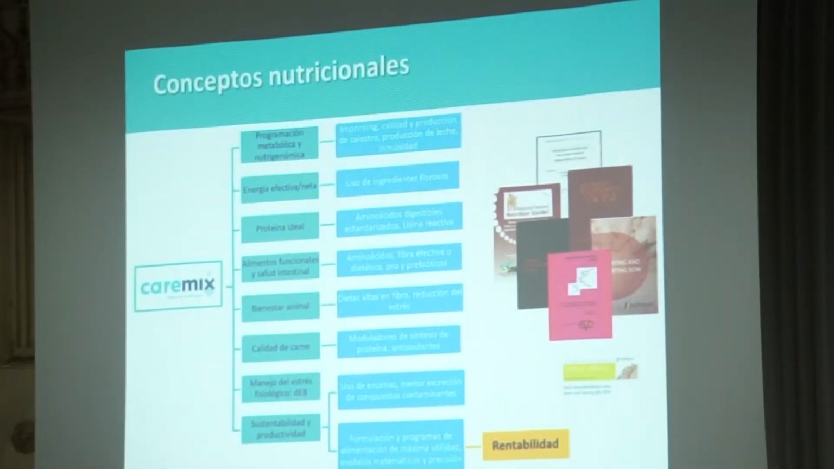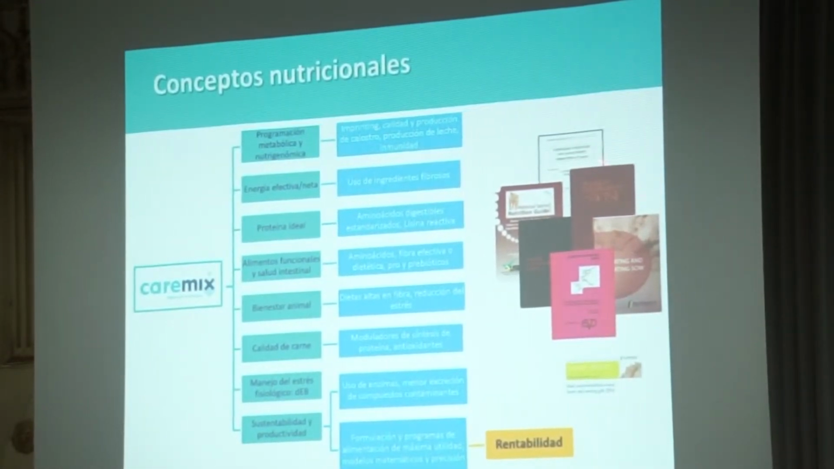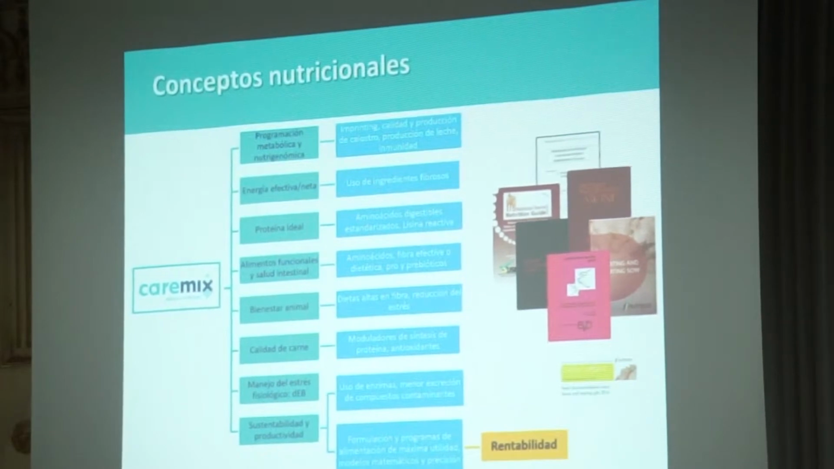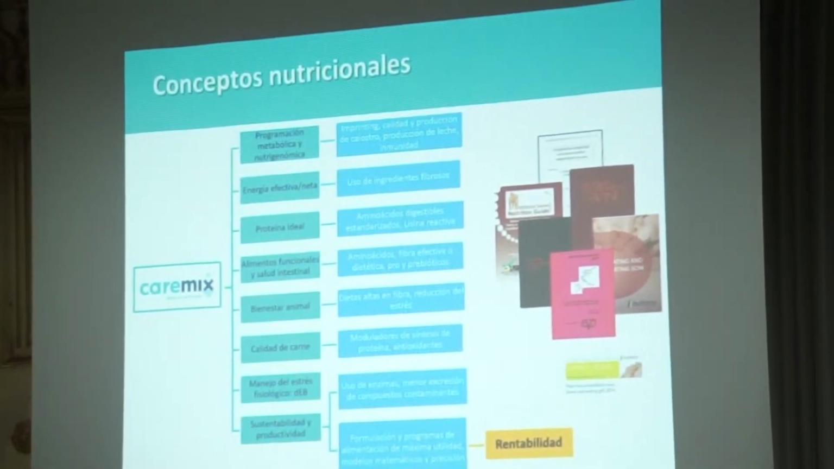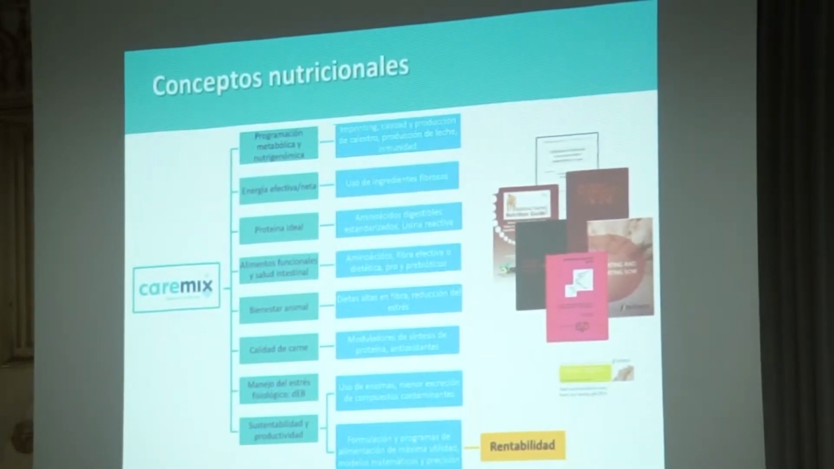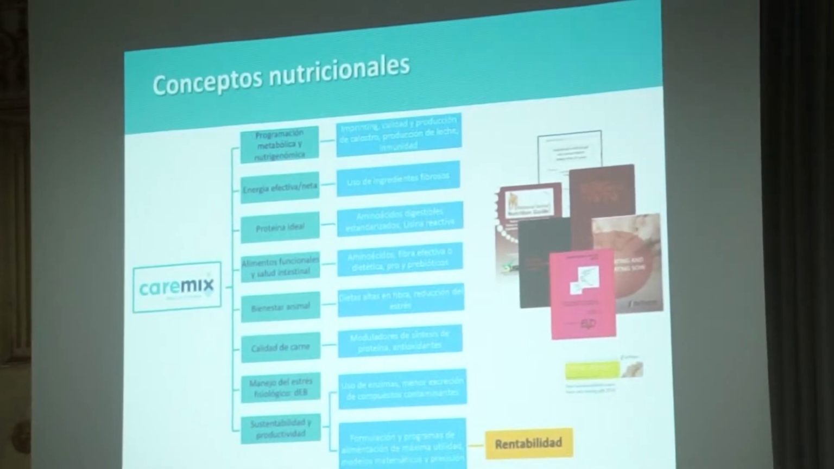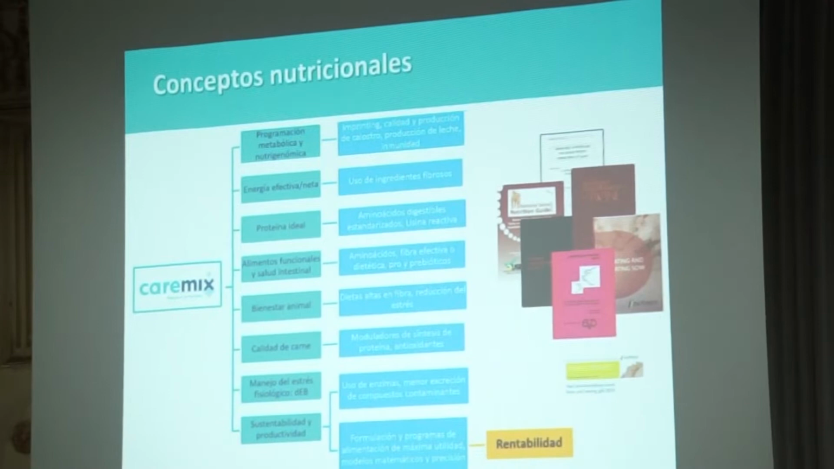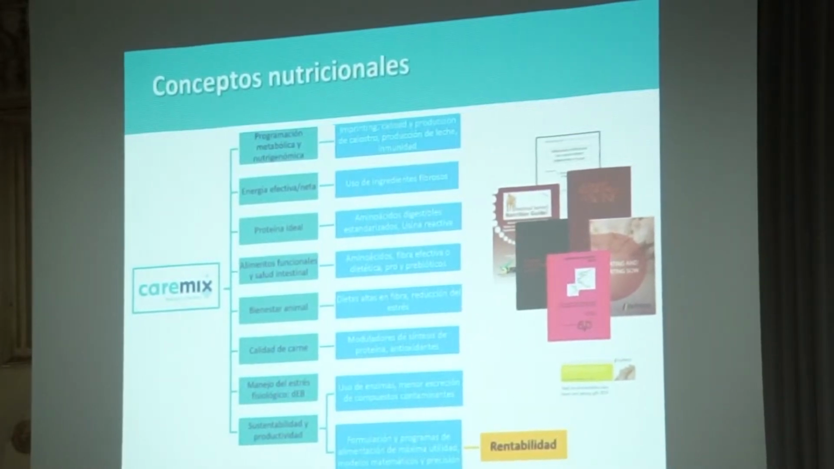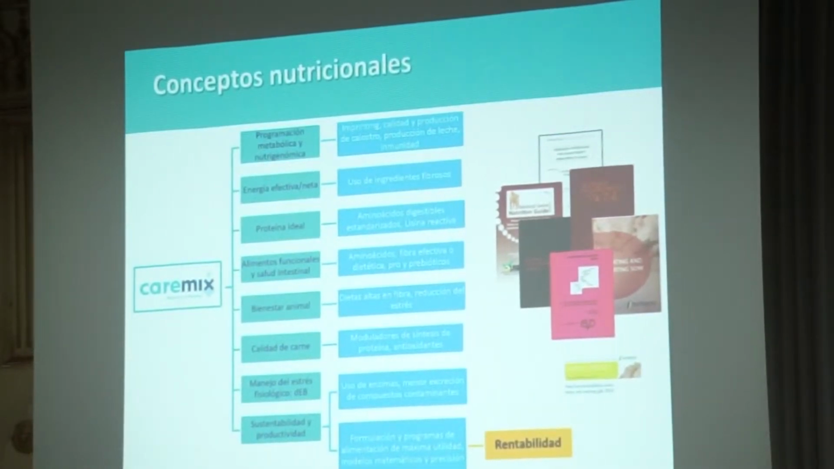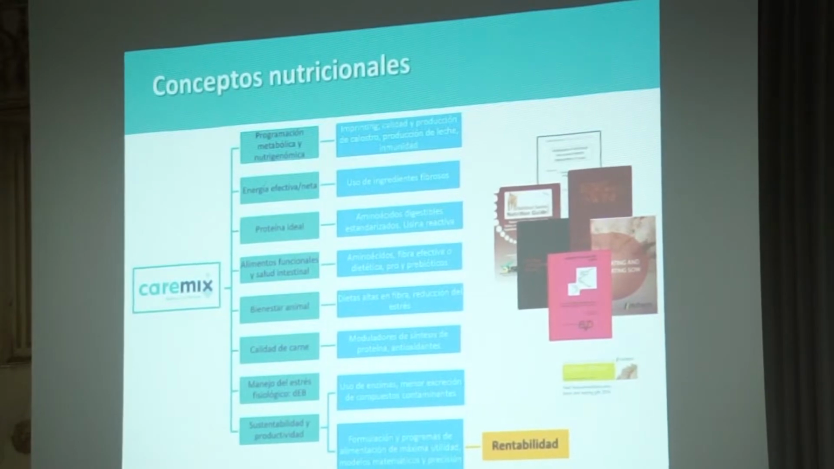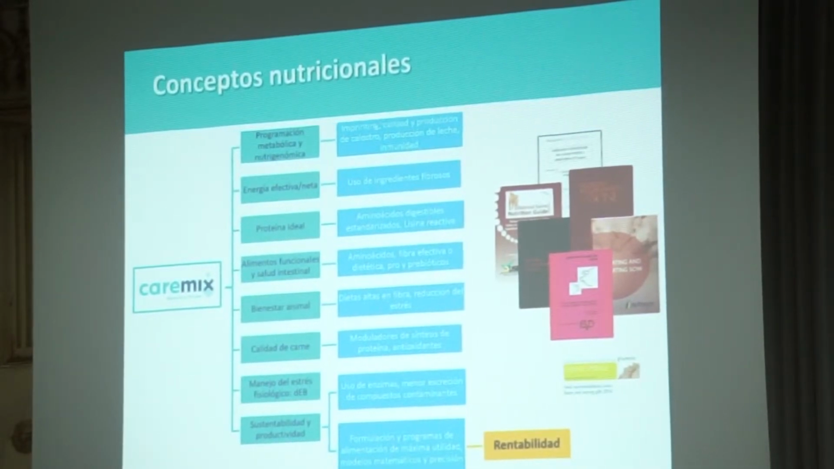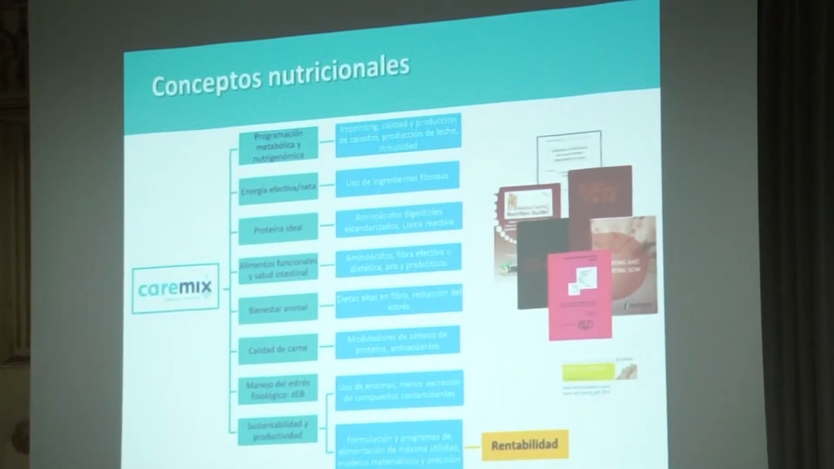Conceptos nutricionales que están implícitos en Caremix. Como les decía, hay mucha investigación detrás de todos estos productos, son infinidad de conceptos los que se pueden estar aplicando. Por mencionarles algunos, puede ser la programación metabólica y nutrigenómica, que se refiere a cómo a través de la nutrición que le damos a los animales en ciertas etapas, estamos manipulando el desempeño posterior que pueden presentar a través de la modificación en la expresión de algunos genes,